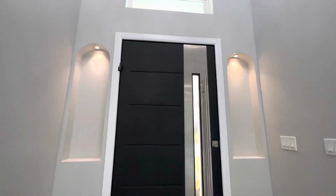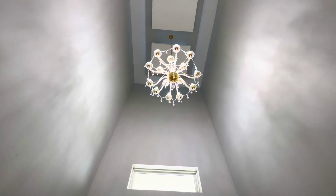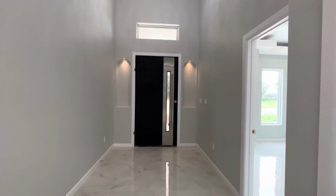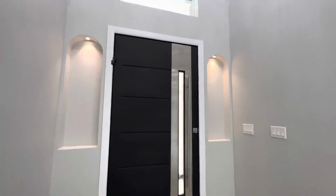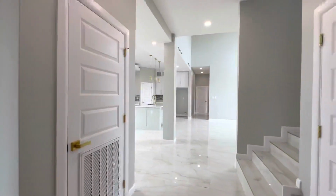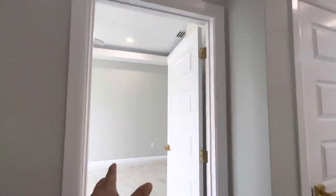But first and foremost, beautiful big front door. Oh my days. Wow. And look at this ornate light fixture. It's like super, super high up. Wow. You get some beautiful accent wall designs. Look at that. Nice recessed lighting at the top, curvature. It's like a nice metal door. And wow. Now, before we dive into the primary suite in the main area, immediately to the left, you're gonna